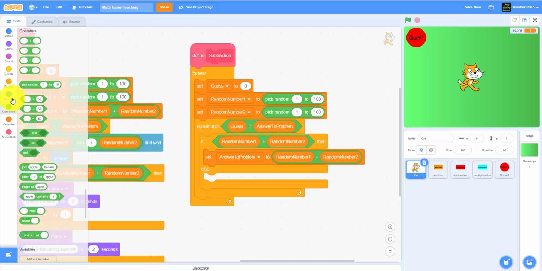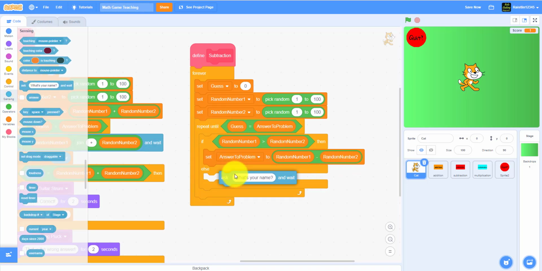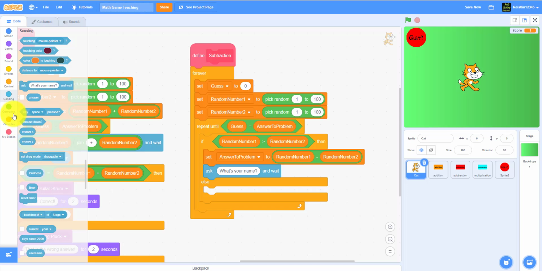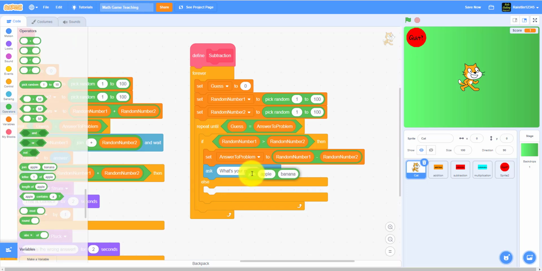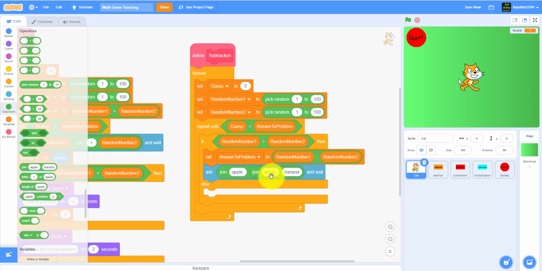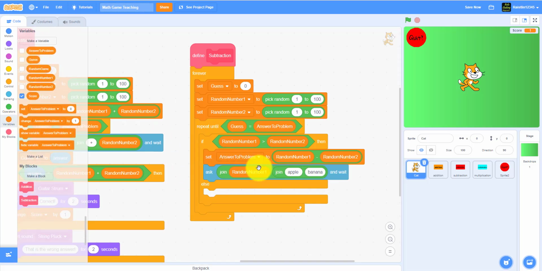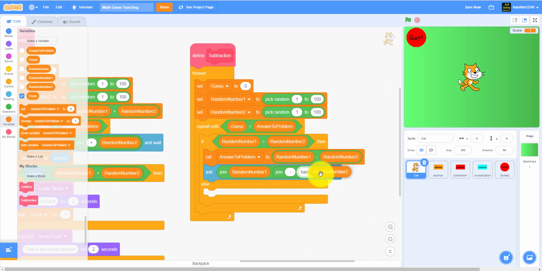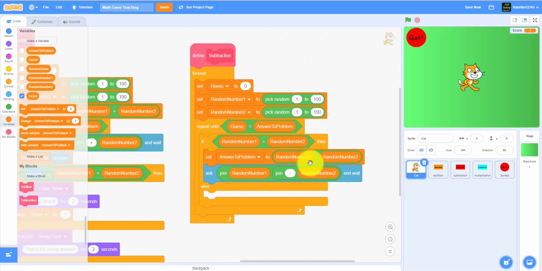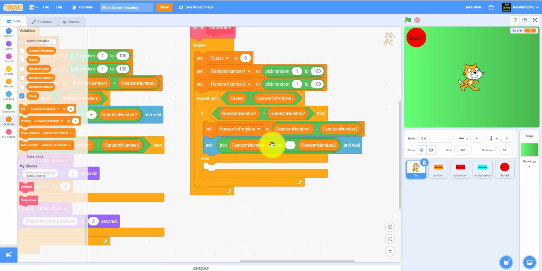And then we'll ask a question. We need to put 2 joins. Put a join here, and put a join here. So we want to say random number 1 in the first slot, which is any number from 1 to 100. And then we join it with the minus sign, and then we get random number 2 and put it in here. Else, if random number 1 is not greater than random number 2,